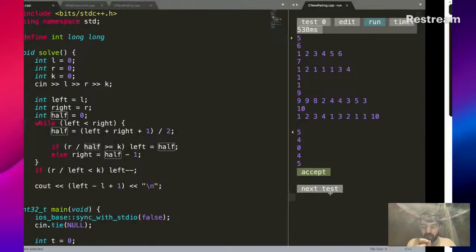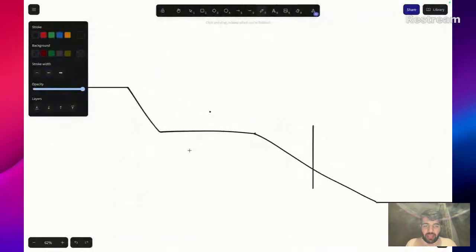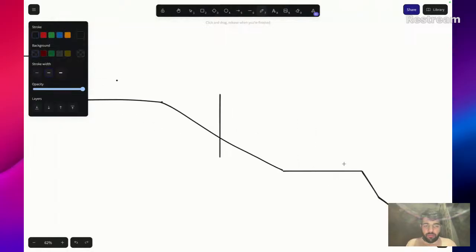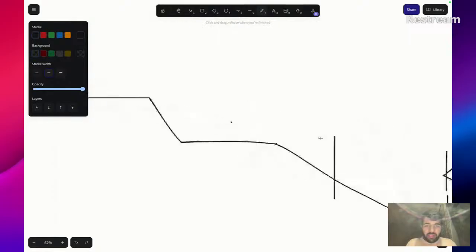If the number of multiples at half is greater than or equal to k, and my k is, let's say, somewhere here, this is my k value. So if this is greater than or equal to k, exactly,